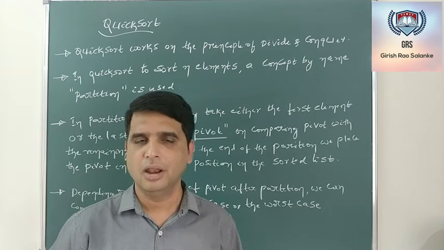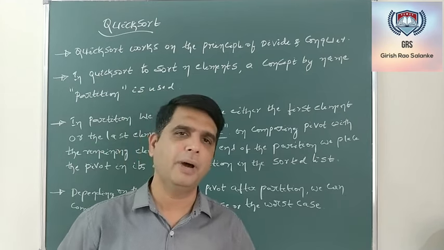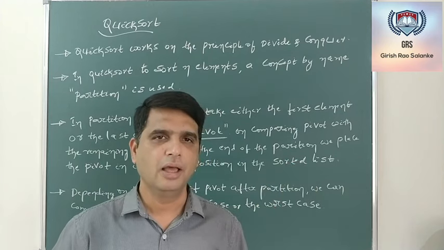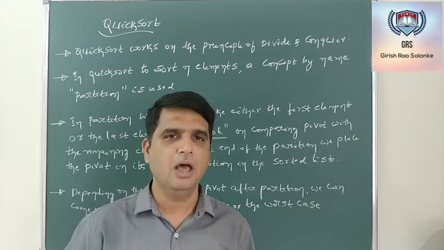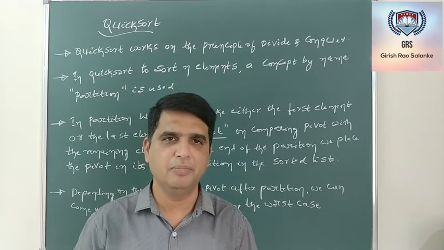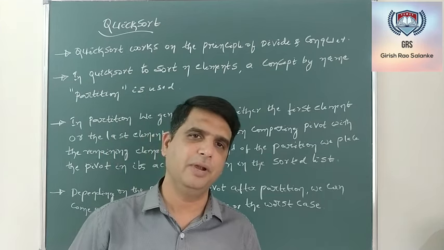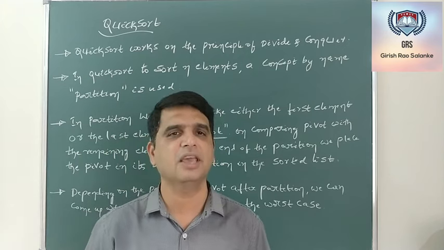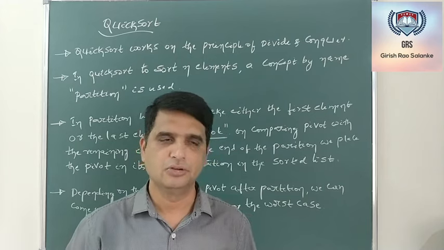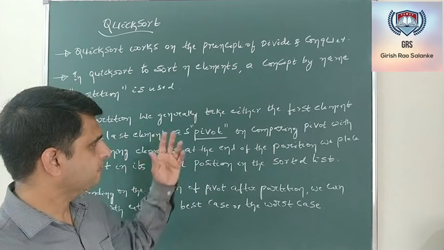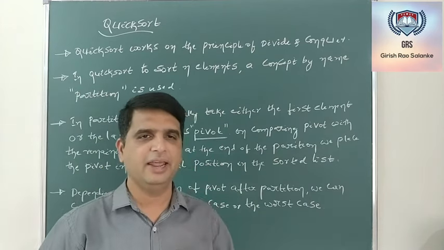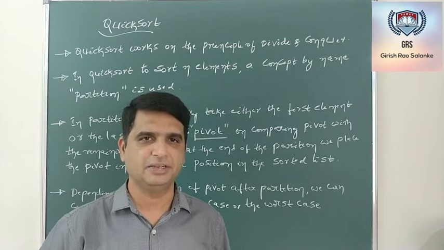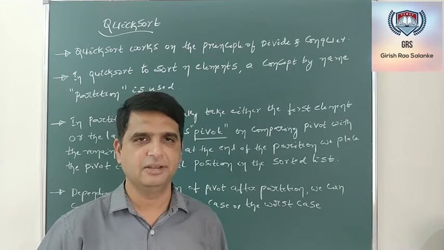And we'll see how exactly we do partition. One more important thing is, once we do partition and the pivot element is placed in the sorted position, how the array is being divided, whether it is divided into two equal parts or into unequal parts, we can come up with the best case and the worst case scenario of quicksort. So initially we will start with the concept of partition. We'll take an example and then we'll see how to sort those elements using the concept of partition. Let's take an example and see.